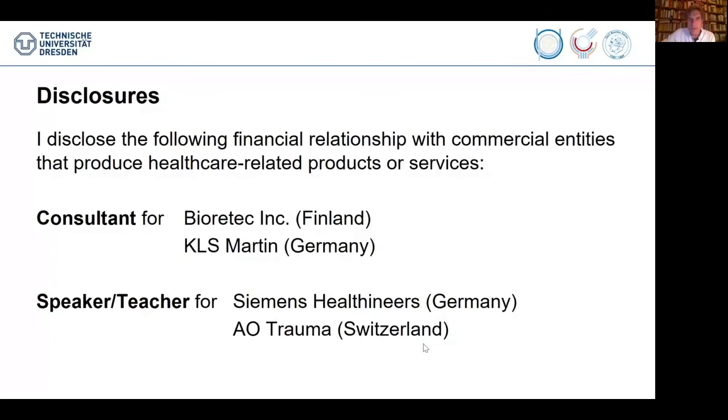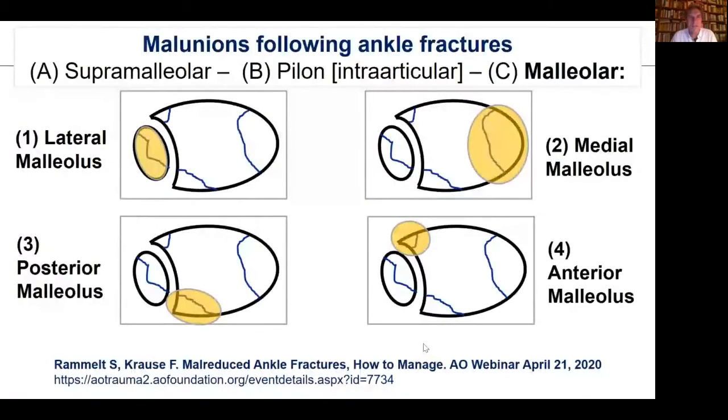The talk is slated to be about classification. So there is no real classification for ankle malunions. And it was only during the time of the pandemic that we had the time to think about it. And I like to keep it simple for the surgeon and for myself. And so I classified them for my practical work, just like the acute malleolar fractures, according to which malleolus is fractured. We already heard about the ring concept, and so the anterior and posterior syndesmotic avulsions working like malleoli, although they don't look like them.